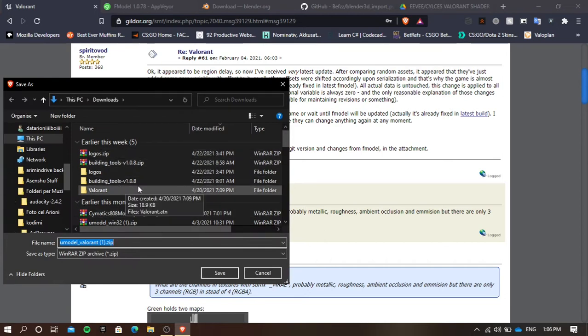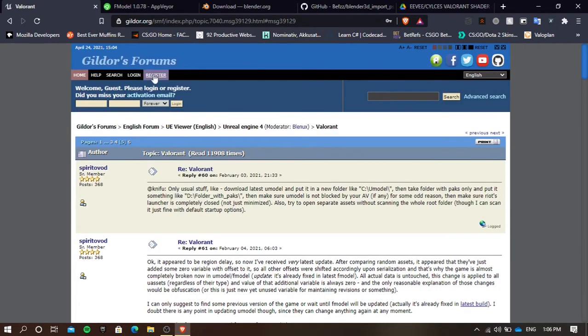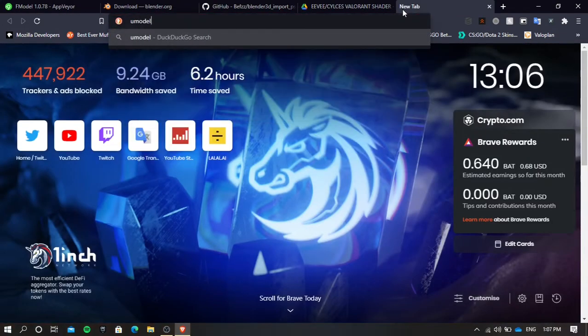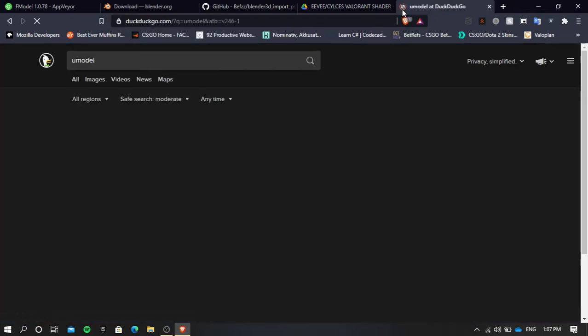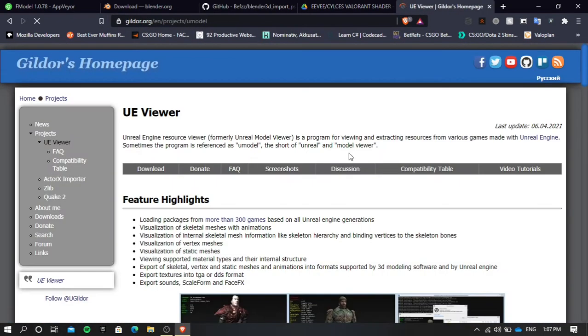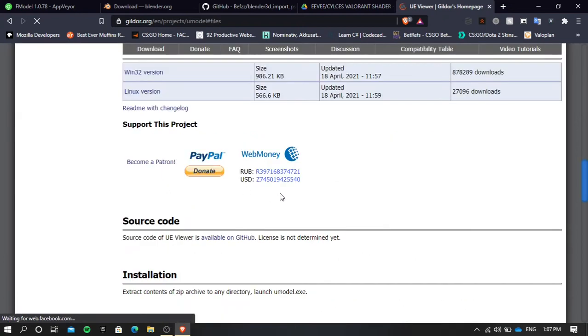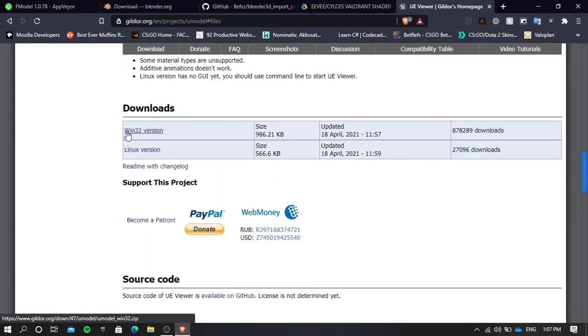I have it downloaded, so I don't need to download it again, but I'm gonna show a step which you need to do also extra for the UModel. So you have to go to the UModel website, which is right here, and you need to find the latest version of it, which is in downloads. So after you download this, the Win32 version for Windows, you're gonna need to go to the files,